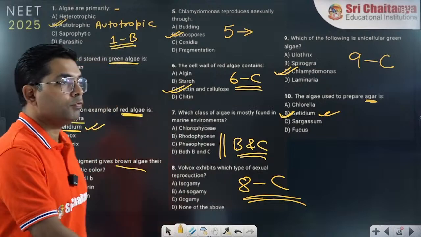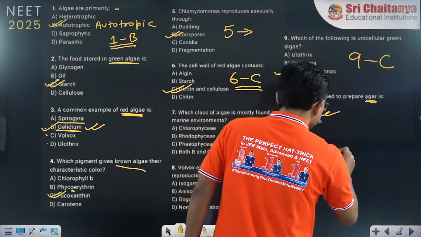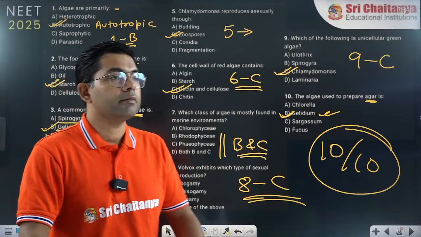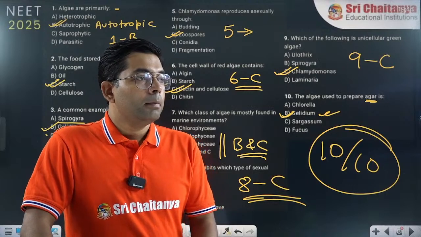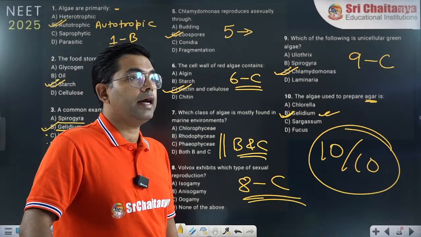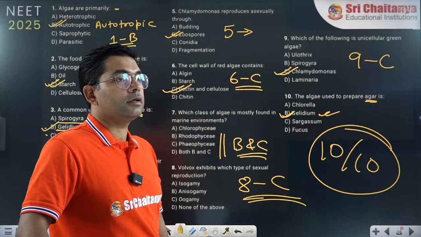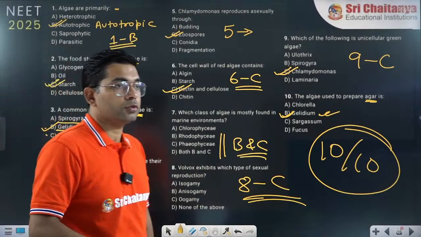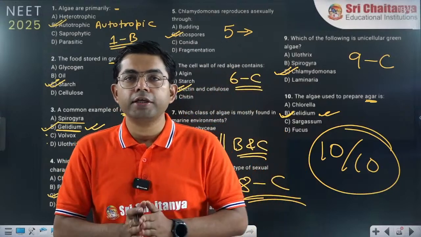Now let me know how many of you have scored full marks. 10 out of 10, how many? Just mention your marks. Is it 10? Is it 9? Is it 8? Let me see who is getting 10 out of 10 first. Okay, very good. Faz, Ashar, Reddy. So a lot of you are getting 10, some of you are getting 9 also. Very good. So most of you are following this lecture in a very disciplined way.